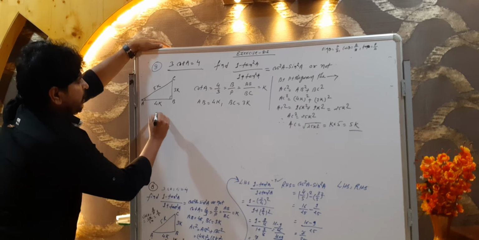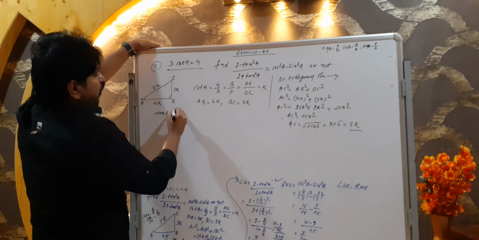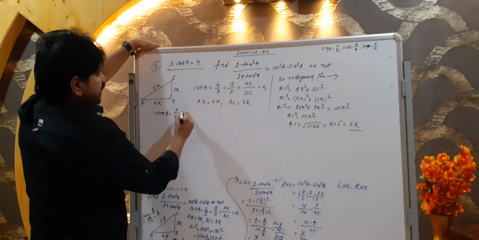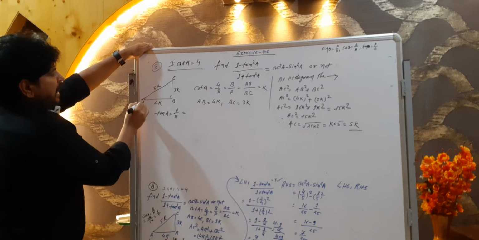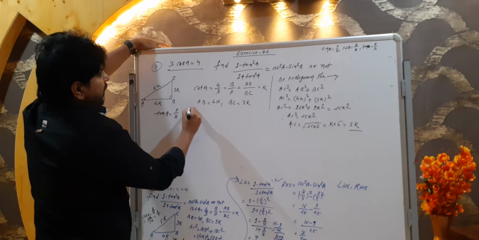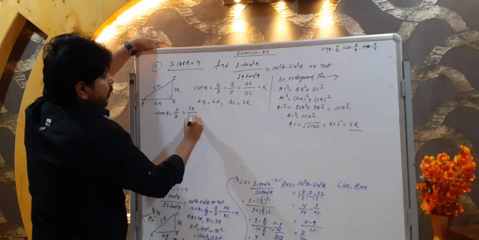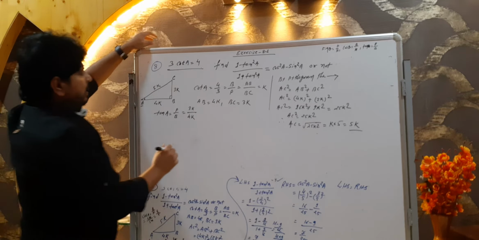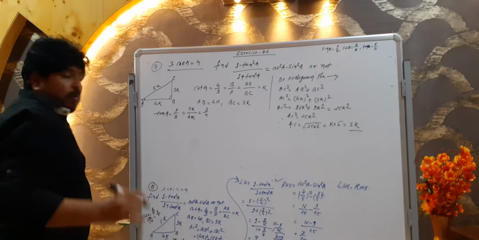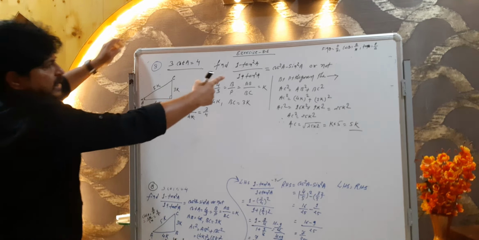First of all, I am going to find out tan A. Tan is equal to what? I told you, perpendicular upon base. We are going to find it with reference to angle A, the acute angle. So perpendicular upon base. What is the perpendicular? 3K. And what is the base here? 4K. So P upon B, and K cancels. In that case we get 3 upon 4. What is the value of tan A? 3 upon 4.